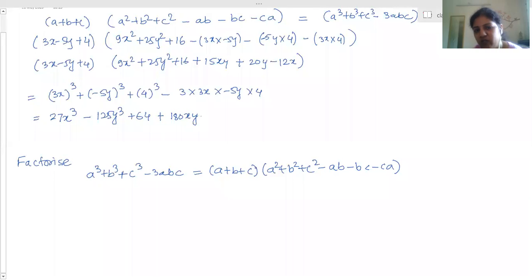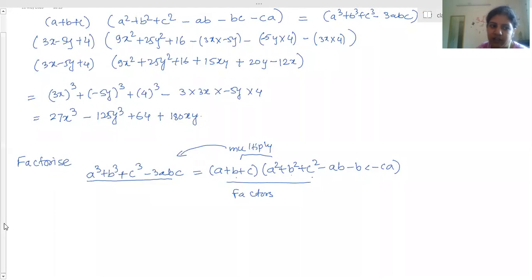And in the first one, these are the factors, and the product of these two is this one. So this part is the factors of this term. And when you multiply these two, you will get this term. So if you are asked to multiply these two, instead of multiplying one by one, you can directly write this answer. And if they ask to factorize this term, these two brackets are the factors of this term. There is no other way of factorizing it.